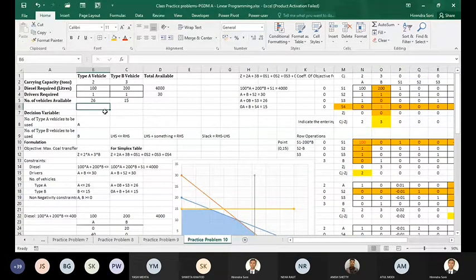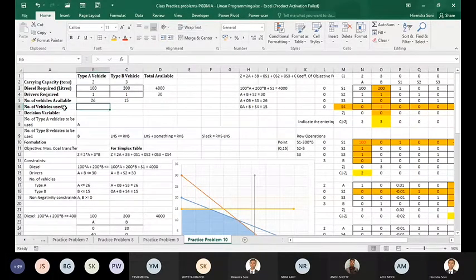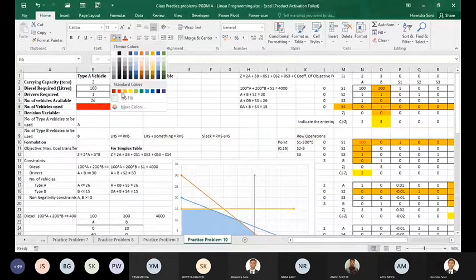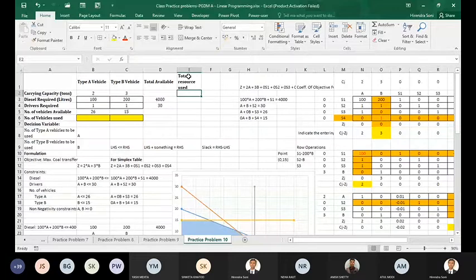So if I say number of vehicles used, okay, this will be my decision variable. And I'm going to get my values here. Now at the same time, the total that you will be achieving. Okay, so total resource used. So total resource used would be